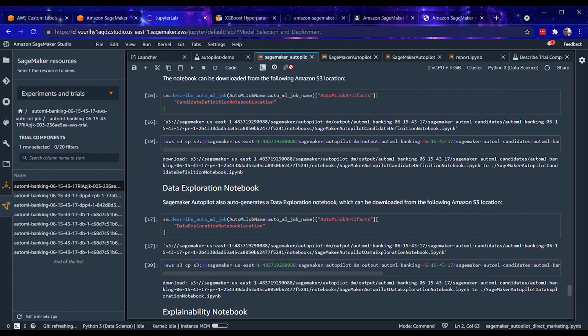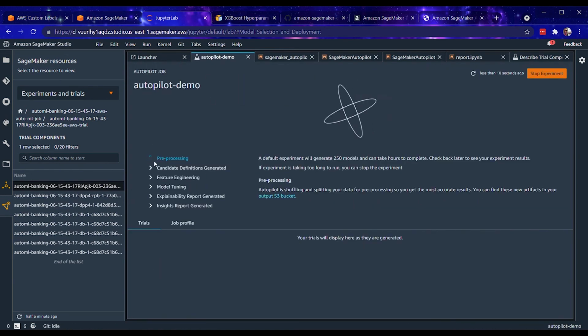All right, so let's see where we're at. So our model is still in the pre-processing phase. But once this starts moving along, we'll see these different things turn green. I don't think we'll have time in today's demo to go through all of these. But again, the outputs will be these different notebooks. You can deploy your model directly as an endpoint and start using it right away. So a very streamlined machine learning experience, truly only a few clicks, and behind the scenes, a lot of complex machine learning algorithm training and model selection is happening on your behalf.